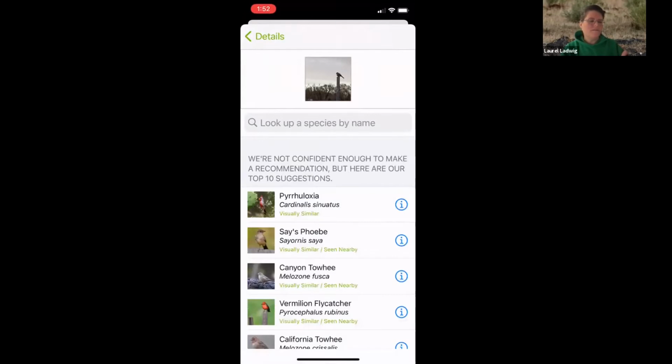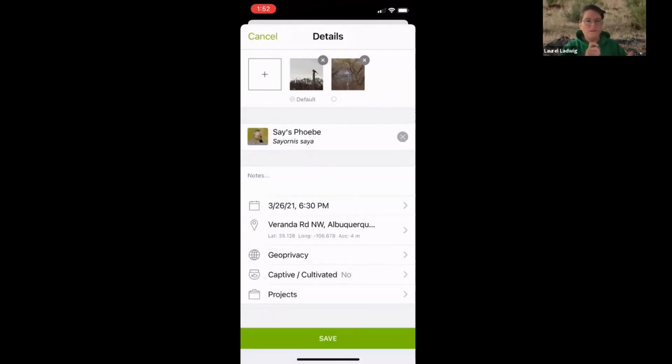Says Phoebe, there we go, not Paraluxia. The top knot is not that prominent. But you can see you've got a wide range of answers, and it's very much not a vermilion flycatcher, although they have a little bit of that top knot going on as well. So I will choose what I know it to be,